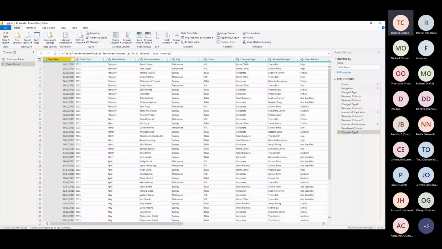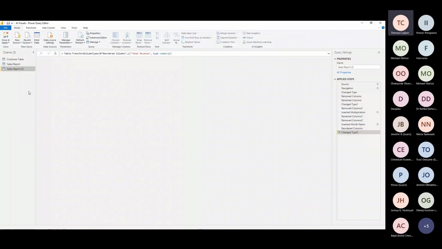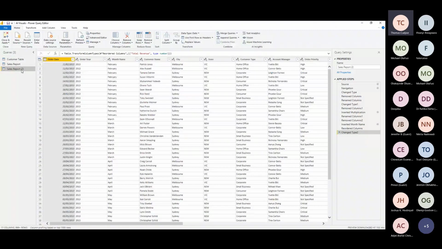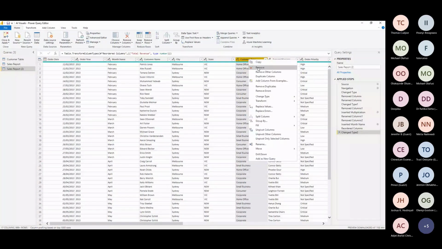So here we can apply a parameter, which is going to define the kind of data or the type of data that we can import into Power BI. What I'm going to do is to create a list with the customer types that we have. So I'm going to duplicate this query, and just select the customer type column. I'm going to remove all the other columns, as I don't need them for the query that I'm going to create. I just want to create a query for the customer type. So I'm going to right click and then remove other columns. So I'm left with just this customer type column.